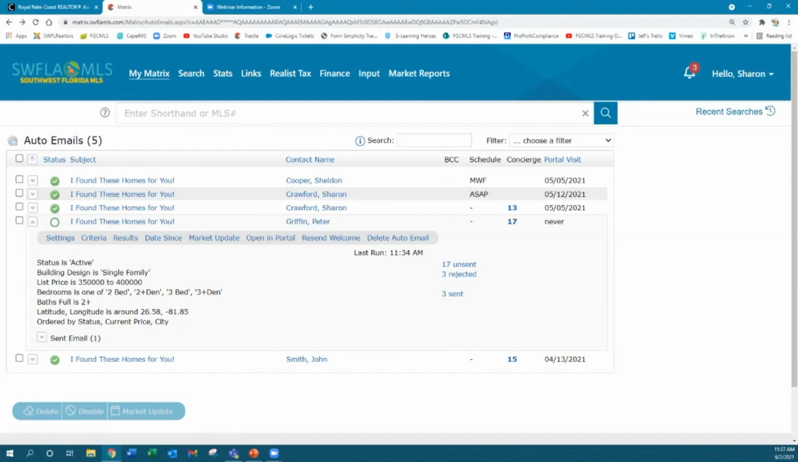Or my customer tells me I didn't get that email. The first thing I'm going to do is verify their email address and make sure I entered their email address or contact information correctly. Then I can come in here and click on resend welcome, or I can delete the auto email from here. So that's all found underneath My Matrix auto email. And that's where you manage all of the auto emails that you have set up. I'm going to delete that auto email. It's going to ask me if I'm sure, and I'm going to say